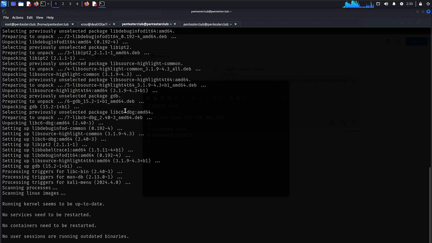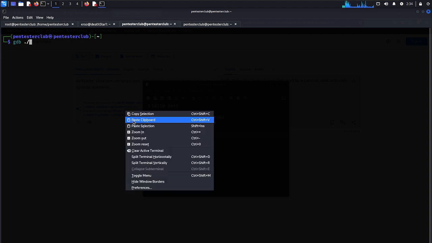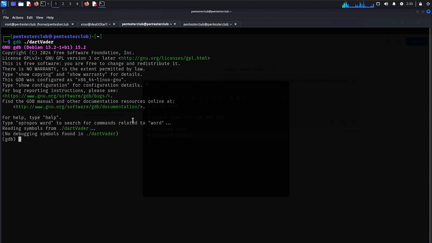Now this also is done. Now just type gdb, then enter this a.vendor. Now a.vendor has come here. Now I would like to give it